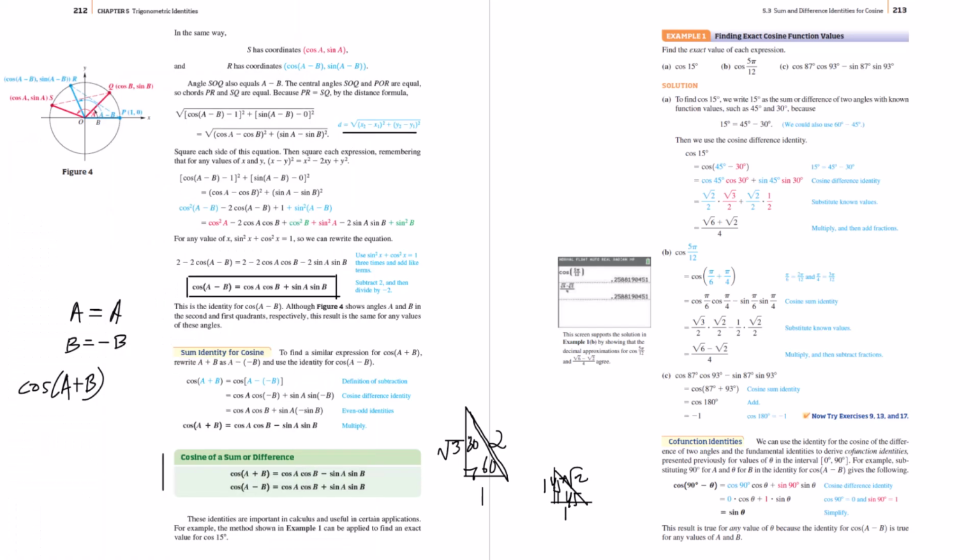And then they also do this for cosine of 5 pi over 12. So 5 pi over 12 times, okay, we got pi radians, 180 divided by 12 is 15, 15 times 5 is 75. So yeah, they do the same idea, so 75 you could write as what? That would be 60 plus 15, or you could do, let's see, because we just found 15, right? So once you